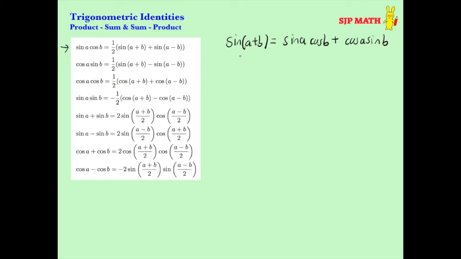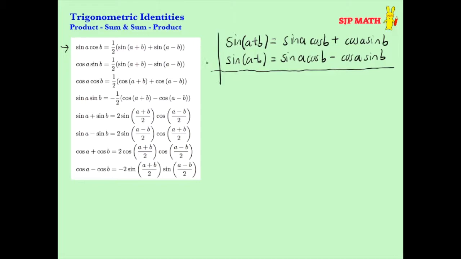And then the formula for sine of a minus b is equal to sine of a times cosine of b minus cosine of a times sine of b. Okay, and we're going to add these two equations. So add these two equations to get sine of a plus b plus sine of a minus b